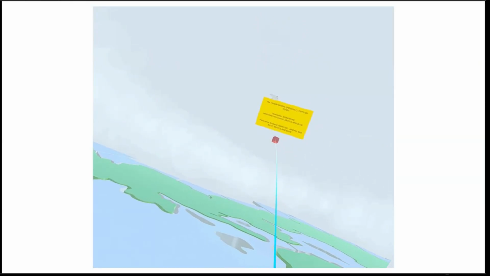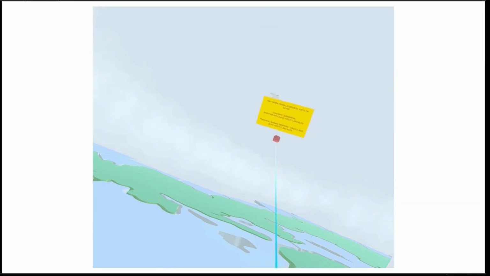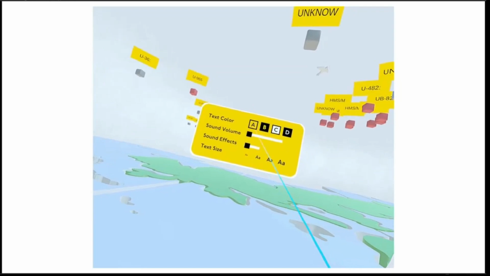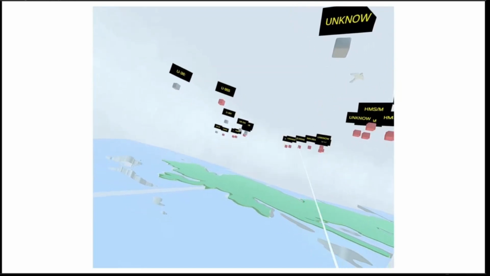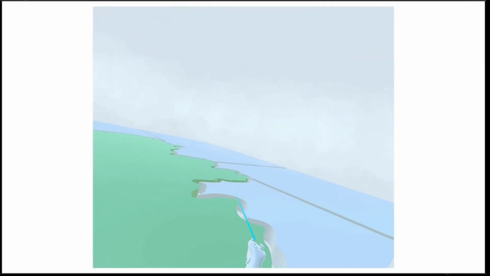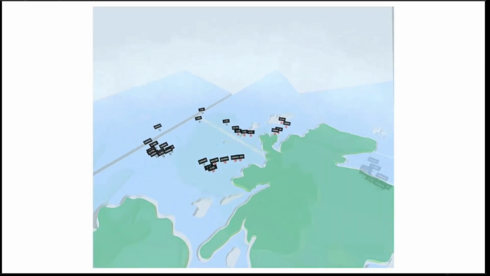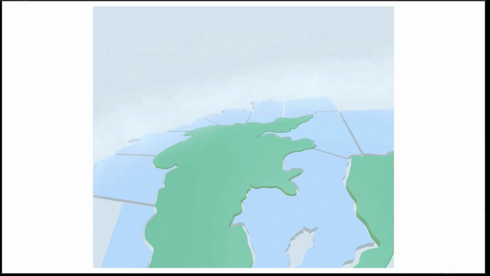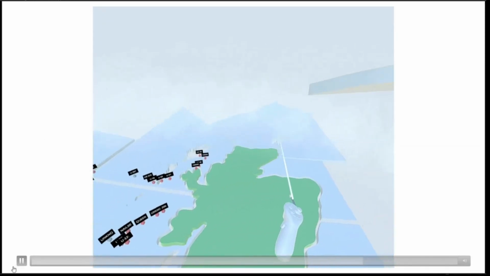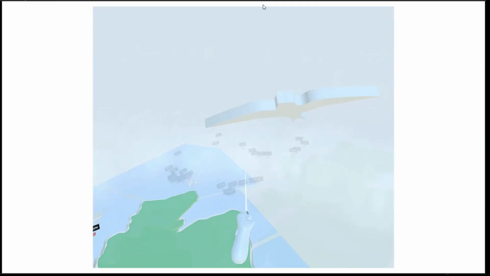You can select individual ones, and if the descriptive text goes over that box, that's all scrollable. Okay, I'm going to stop this, and I'm happy to take any questions that